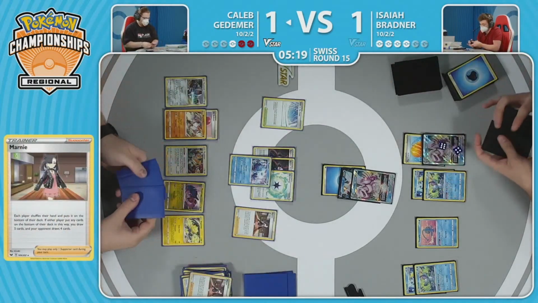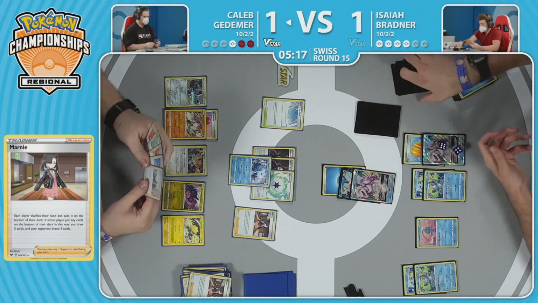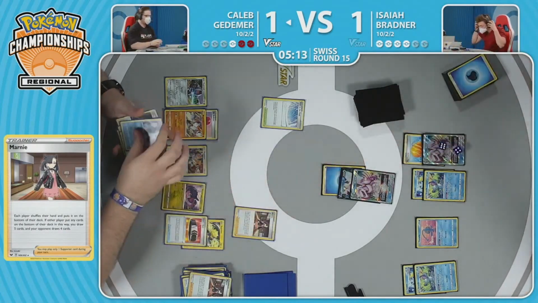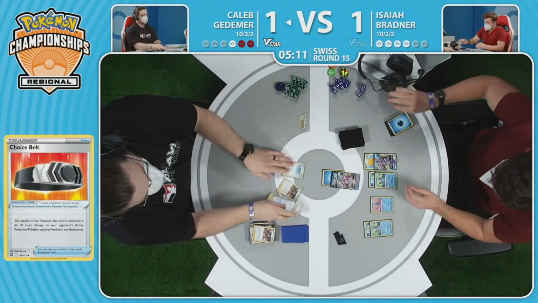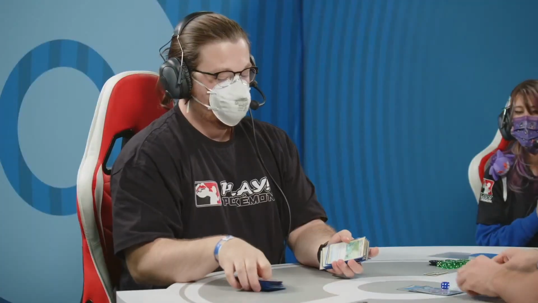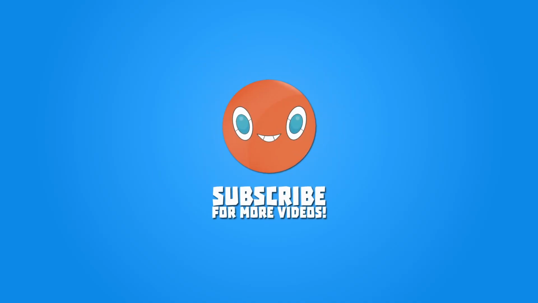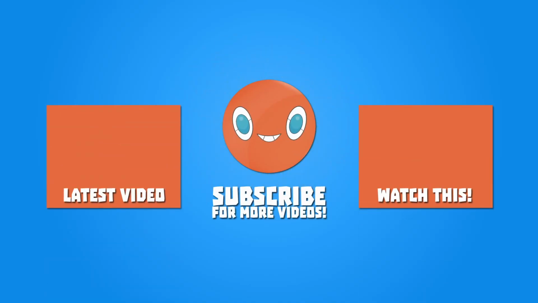Well, we are looking for a Choice Belt to close the game out, and we do see it there. Regi Aleki going to get the job done. Yep. Caleb Gedemer taking a big win here to make it into the top 8 of Salt Lake City. That's a lot of Regis in the top 8. That is really going to be a good showing for the Regigigas deck, but Caleb playing that one beautifully. Isaiah